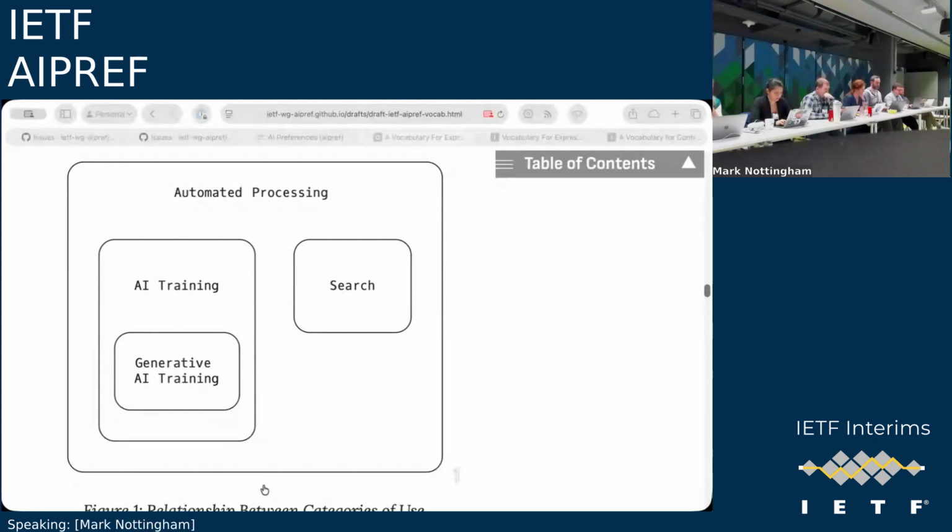I think the reasoning that I had here was that what I wanted to do was avoid the problem that Chris identified earlier, which is they didn't want, as publishers, to have to say yes to one of the model training scenarios in order to get listed in search.